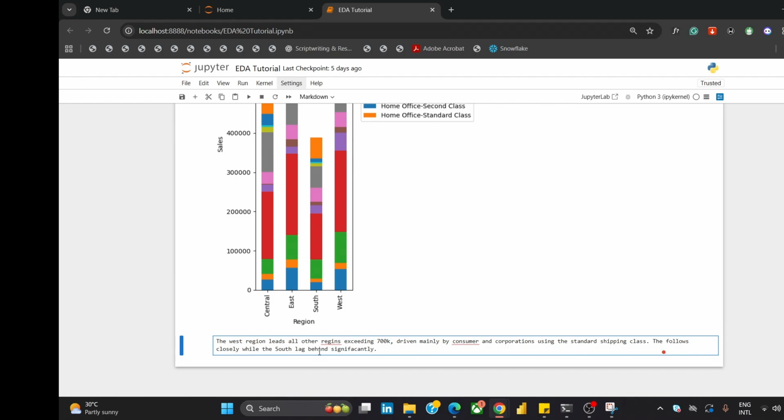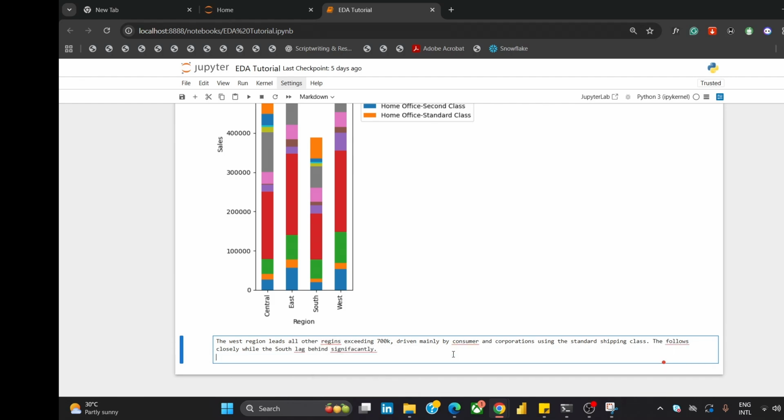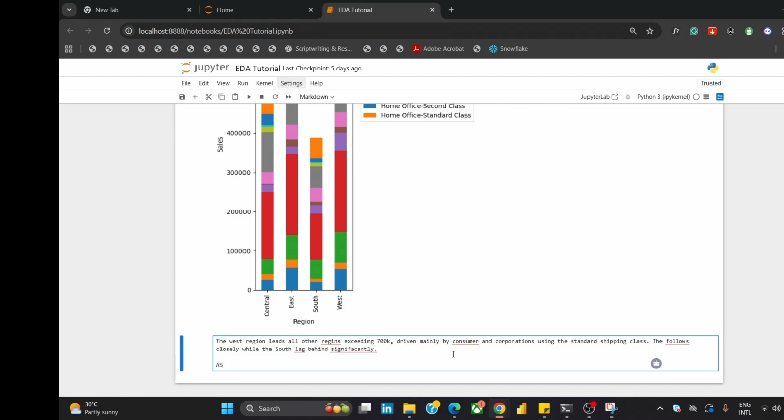Okay. Now we can also say across all regions, the standard class shipping mode dominates. Shipping mode dominates, right? So this shows customers' preference